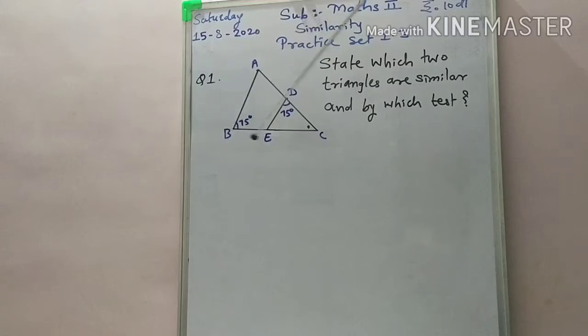So here, as you observe, students, we have one triangle, triangle ABC. On side AC and side BC we have two points D and E, so that the line segment joining them is DE, and from that we also have another triangle, DEC. So you have to show by which test these two triangles, triangle ABC and triangle EDC, are similar. First we write down the names of the two triangles here.